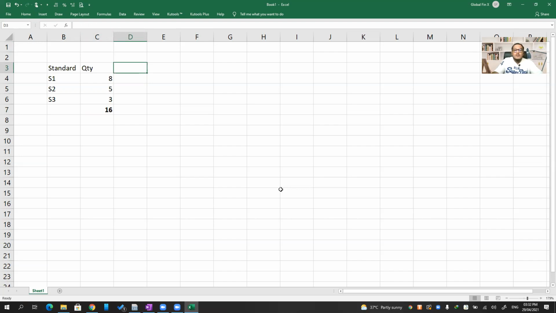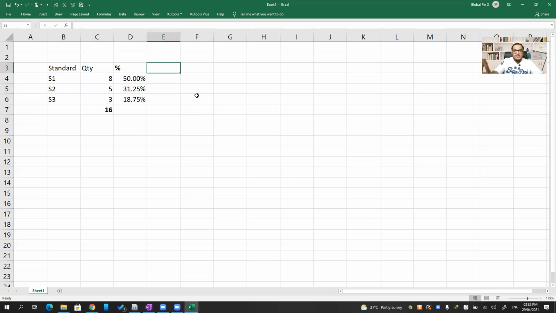So what I'm going to do is calculate a percentage. Sir, why do you need percentage, sir? So that I can know the proportion of the mix. So 8 by 16, that's 50%, 5 by 16, and 3 by 16. And I can change them to percentage symbol. So I have the percentages as well for my reference only. I'm keeping that aside.